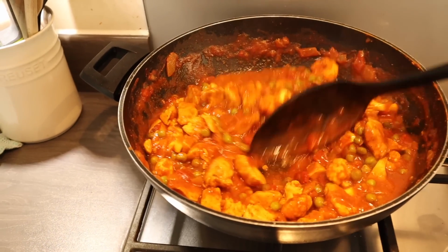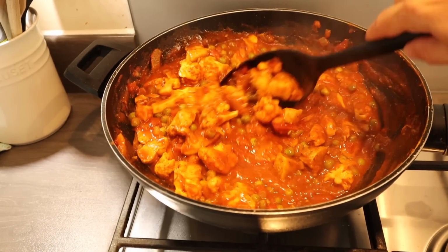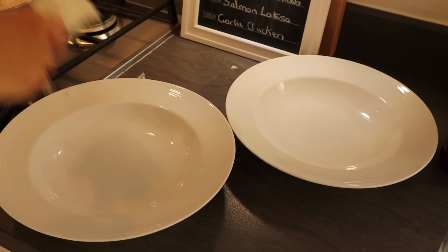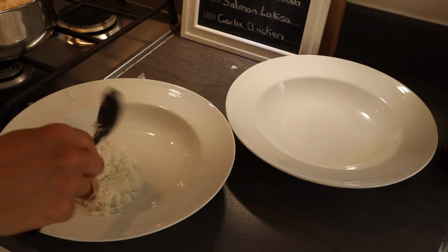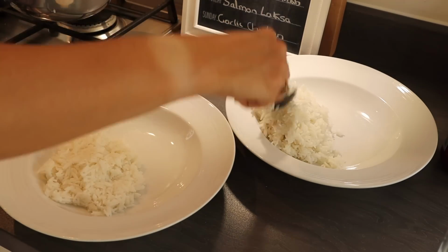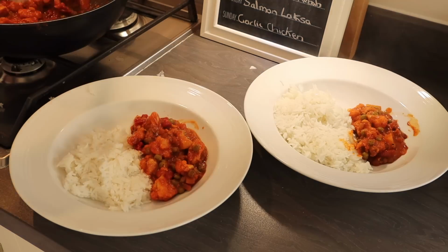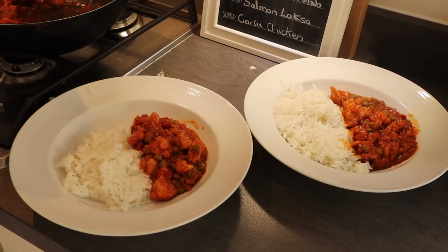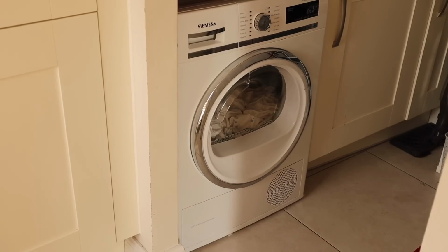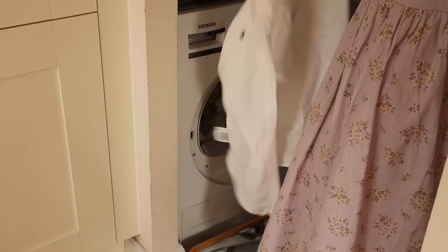So there we have it, it's now ready to serve with some rice and some extra veggies on the side if you want to. This curry will easily serve 4, but there are only 2 of us on this evening, so we'll have leftovers for lunch or for another dinner. And this curry comes in at only 464 calories per serving, with the rice as well. And if you follow Slimming World, it's also completely sin-free,